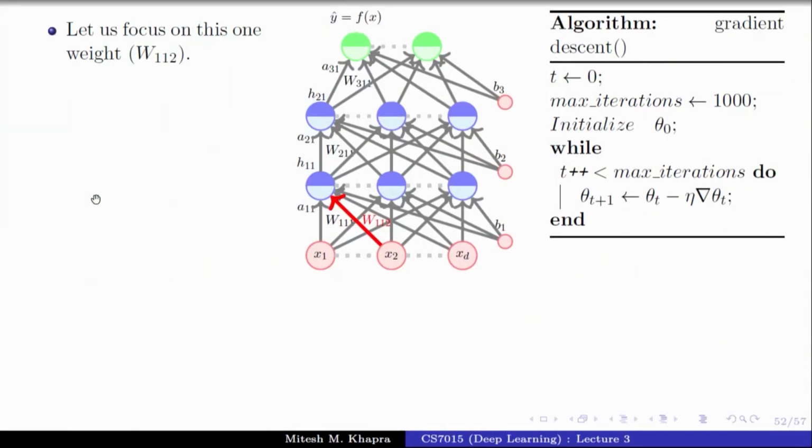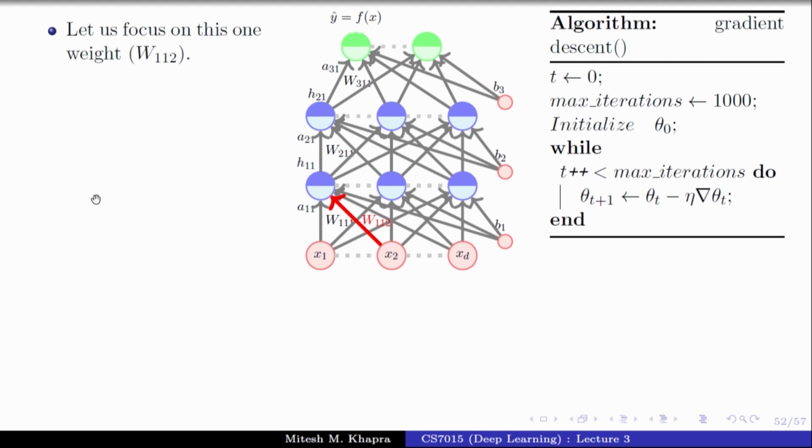So this is what our gradient descent algorithm was. We were running this for some 1,000 iterations, starting with some theta naught. And what we were trying to do is update the thetas using the gradient values. Now, instead of the single or the two weights w comma b that we had in our earlier toy